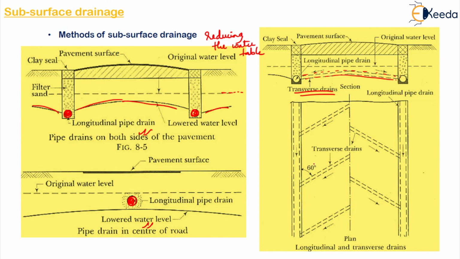Normally the transverse drain lines are given at 60° from your original line. So this is how it will look. And also we have to make sure that we provide a suitable slope. The angle, as I told you, is 60°, and they are staggered in plan. We have to provide them in a staggered plan. Normally you can place them somewhere around 6 meter to 20 meter apart depending upon the moisture condition.